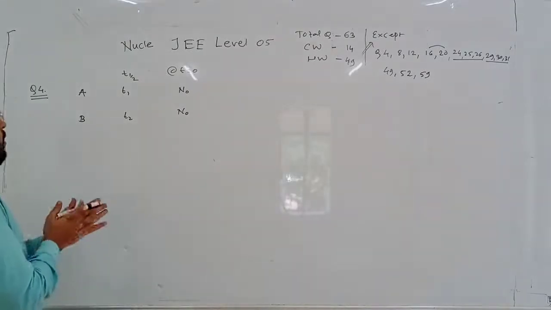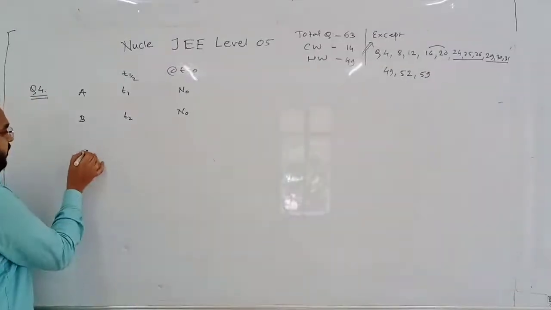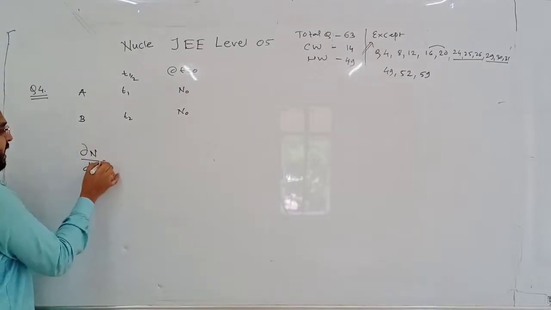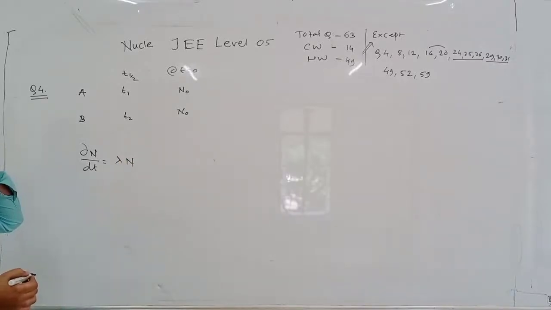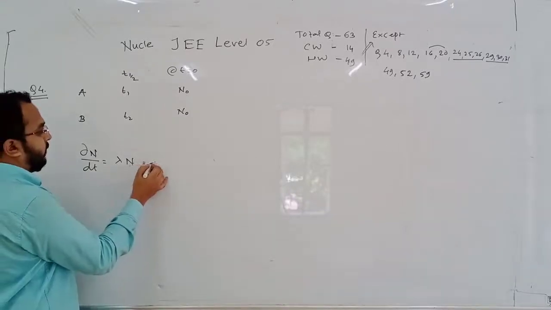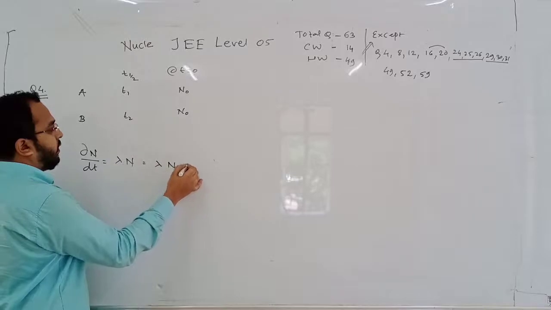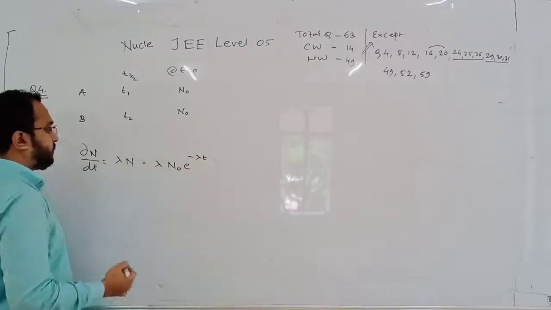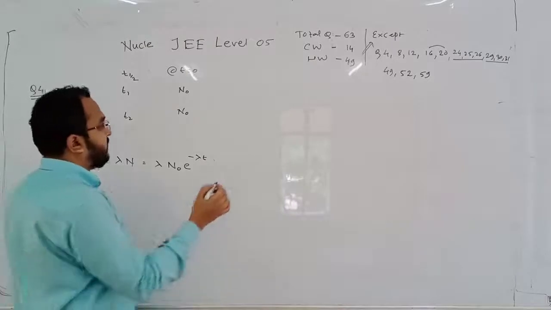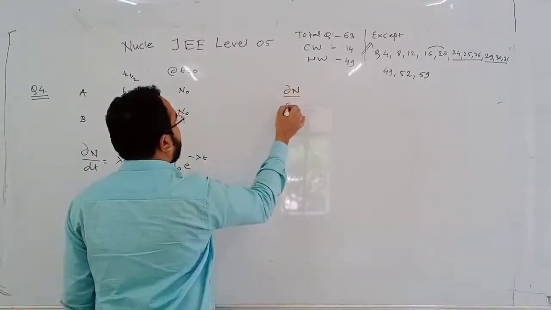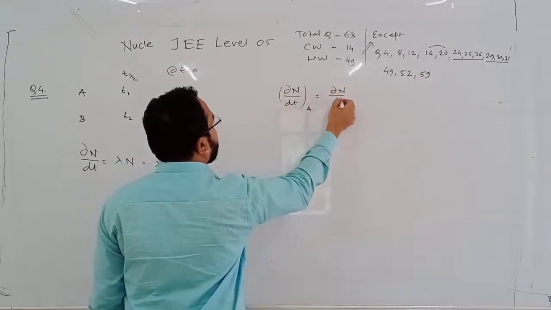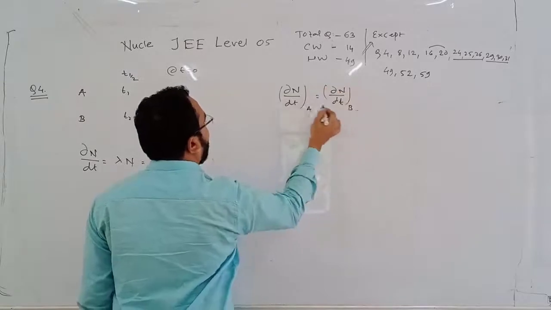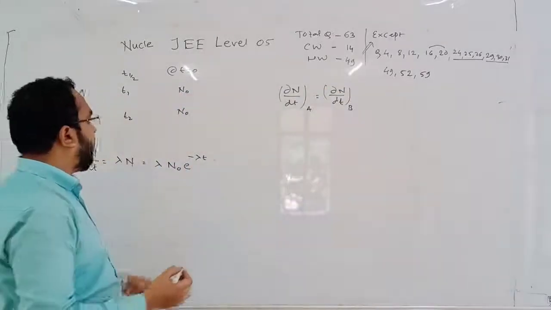First of all, we need to know what the activity is. So dN by dt is the activity, that is lambda N. This is the activity, and we need to know at what time these activities are the same. So what is N? It is N naught e to the power minus lambda t. And the condition given is dN by dt for A is equal to dN by dt for B. These two activities are the same. That means lambda for A,